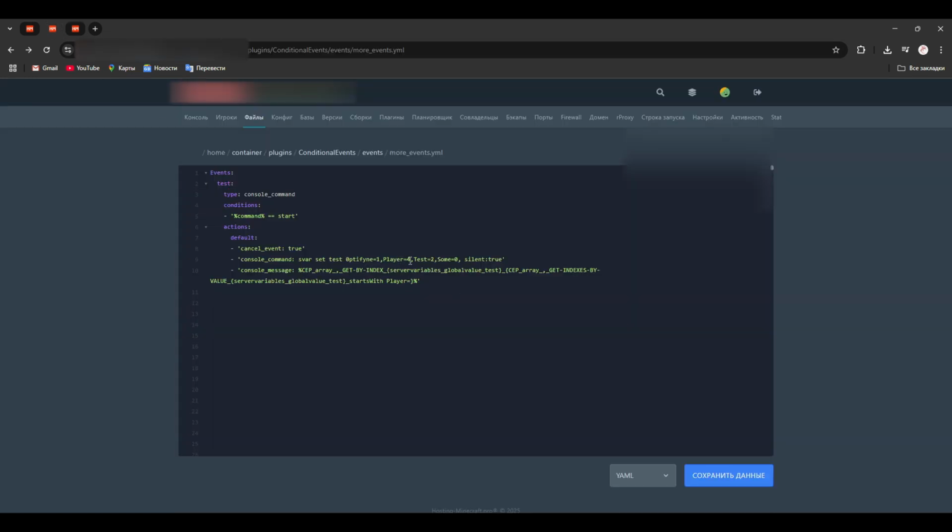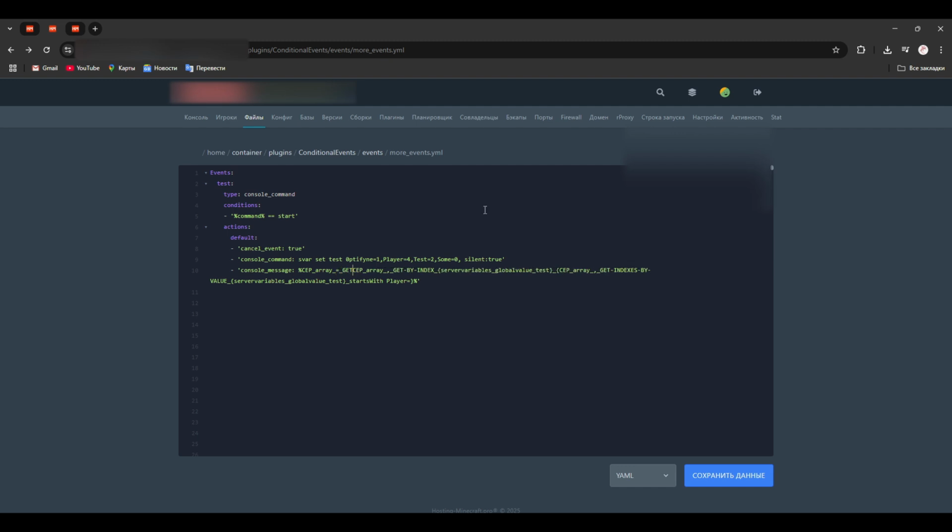Next, let's split this value by equal sign and return the second part. It will be index 1. Player will be index 0 and 4 index 1. Okay, again sep array. Now the separator will be the equal sign.